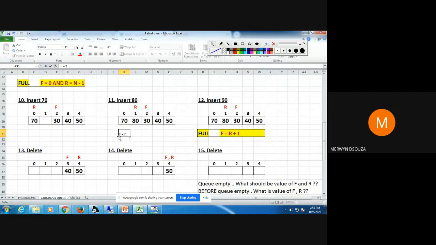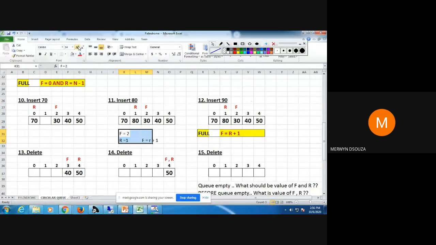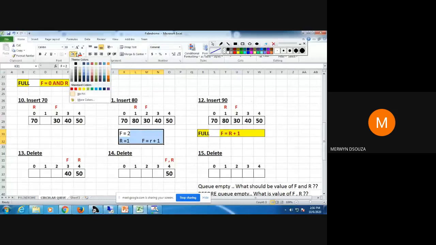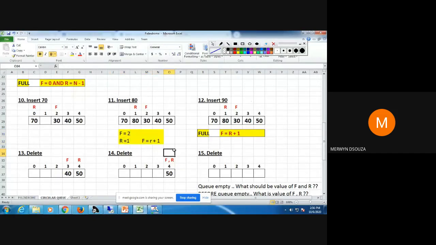This is the second condition that you have to remember for queue full while doing NQ.